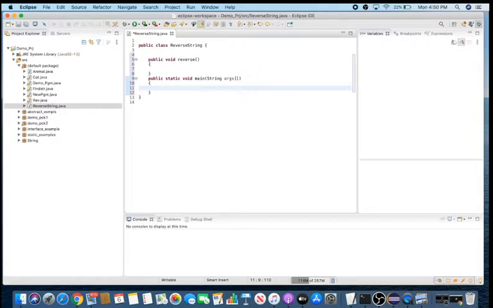I will not be encoding string here as a literal, but I will allow user to enter whatever strings the user wants. For that, I will have to take scanner class of Java. Scanner is a Java class, and Java has provided this class to allow the user to enter any string. So scanner sc is the object of scanner class. New scanner